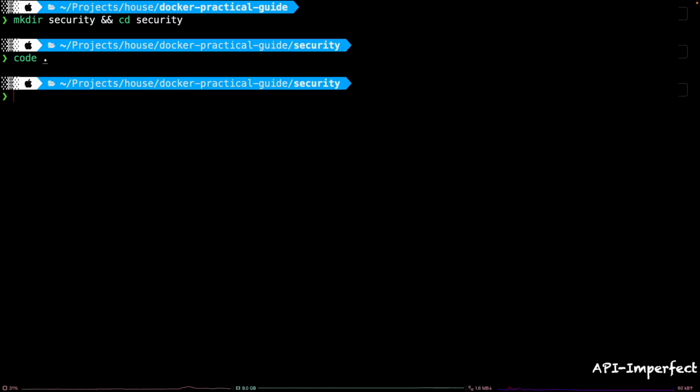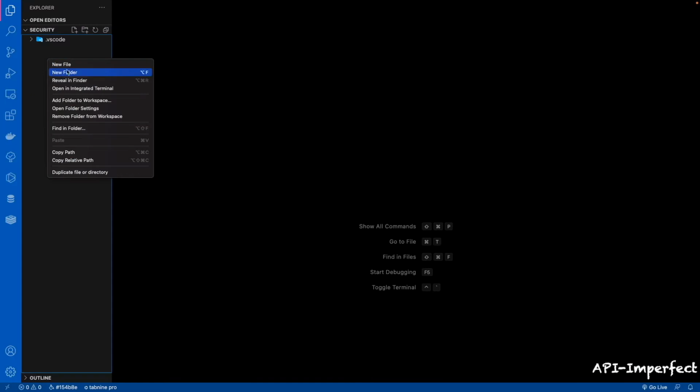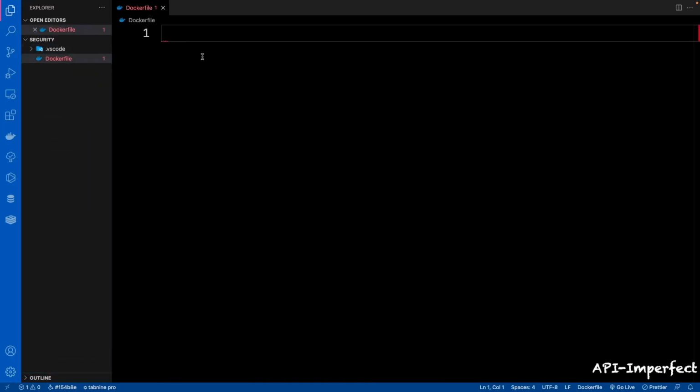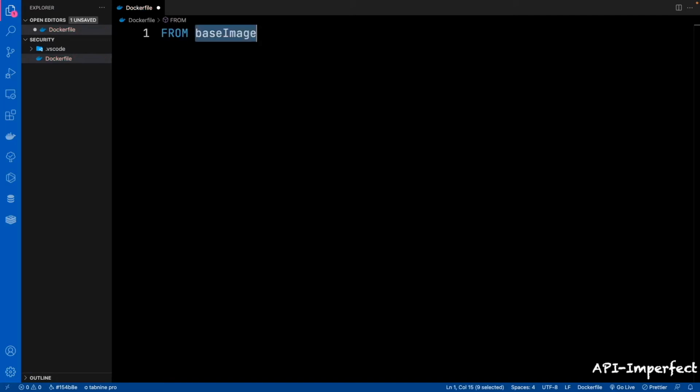Then let's create an Alpine based Docker file like we did in the previous section on tagging. But this time we shall be running a script to show us the memory information of our container. So let's go back to IDE. I'll create a new file here. Just going to call this Dockerfile. Then from Alpine. The base image is Alpine